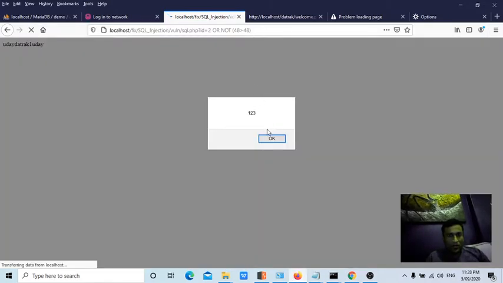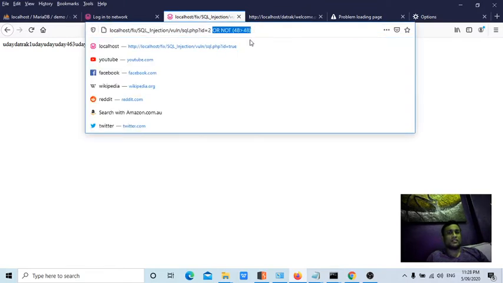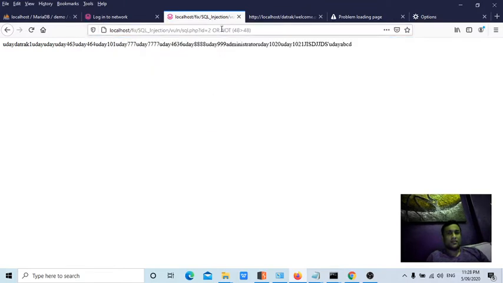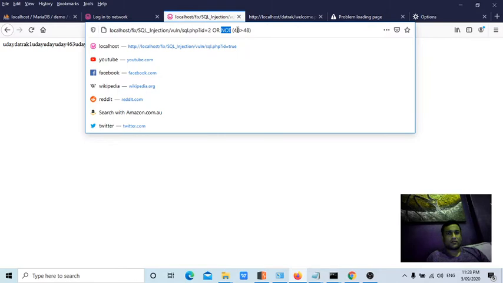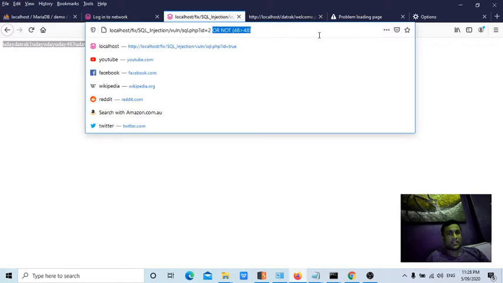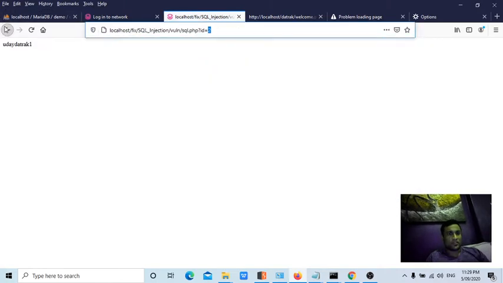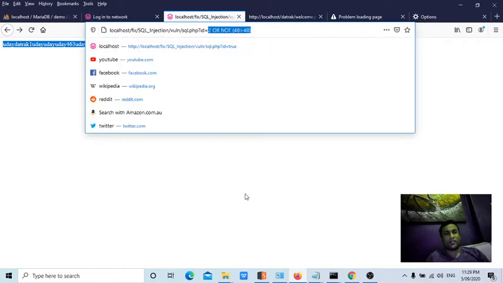So it has shown all the records from the database, guys. Now can you see? So now you can confirm this as a vulnerability, guys. This is one of the functions he passed directly, not of 48, but it has shown all the records from the database. How can you guess it? Because when you pass it to, it is showing different records. When you ran this, it is showing all the records.